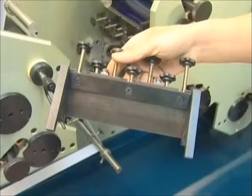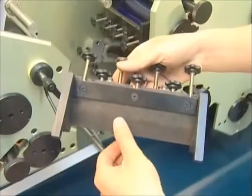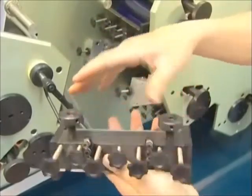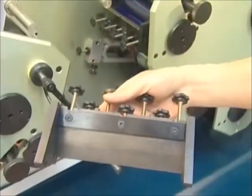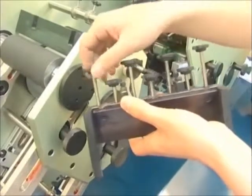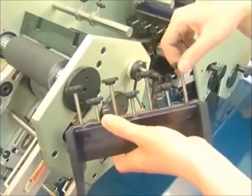Firstly, look at the structure of the ink fountain. The main components of the ink fountain are 2 backlit plates, a ductile blade, 4 long screws, 3 short screws, and 2 big circle screws. Before fixing the ink fountain on the equipment, first release a bit of the 4 long screws and 3 short screws, then